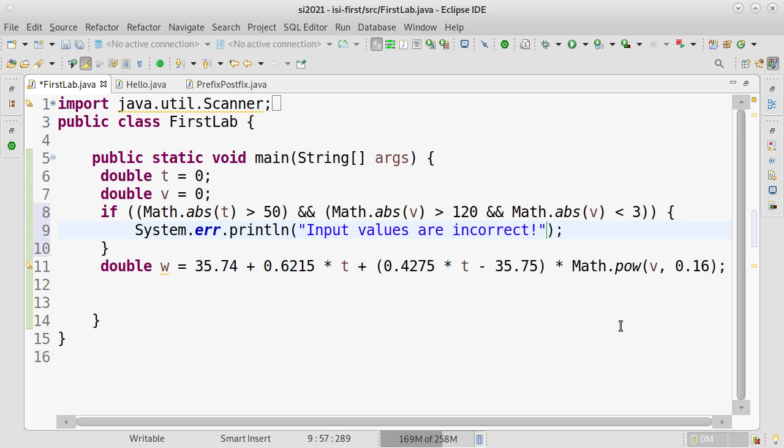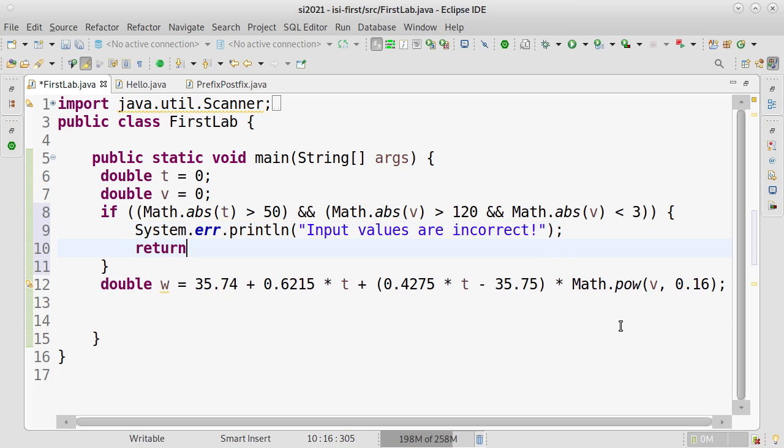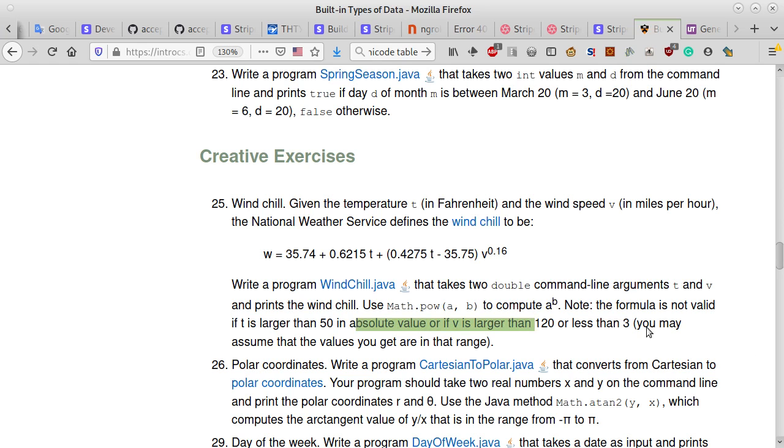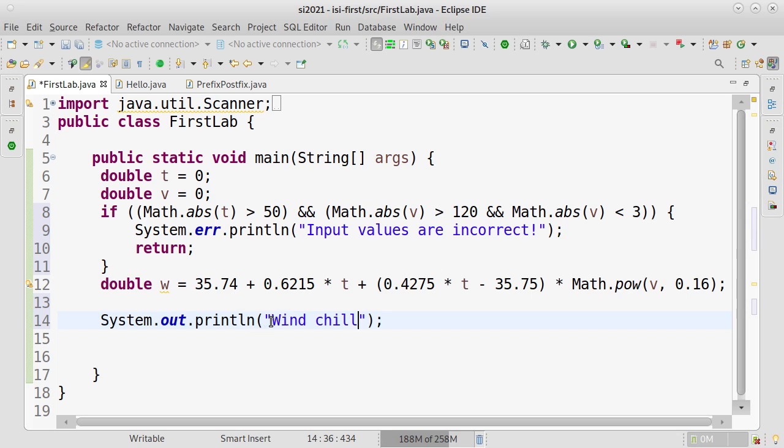We'll print on the screen this, and the program will end. Return means that the program ends at this point, and in other case, what we will do, we will print wind chill equals to, we will use printf for this purpose, function, equals to f